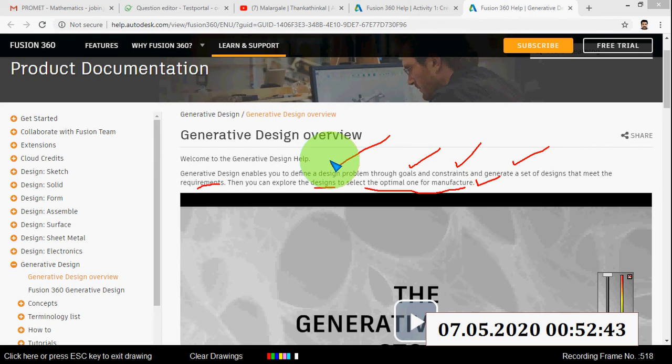So this is the definition of generative design. You define a design problem through the goals of your design and the constraints, then you can generate a number of designs that meet your requirements. Then you can explore the designs and select the optimal one for manufacture. This is called generative design.